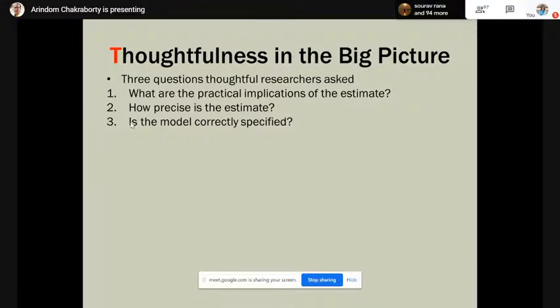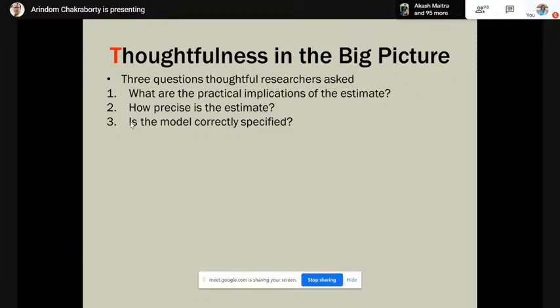How precise is the estimate? That means we are questioning the reliability of the estimate. If you say, well, I don't know the exact estimate, it is something from -10 to 1200, no one is going to buy that. -10 to 1200, it's not precise. If you say, well, it's 4 to 5, or 4 to 10, even then that one is acceptable. So your estimate should be precise if it is not a point estimate.